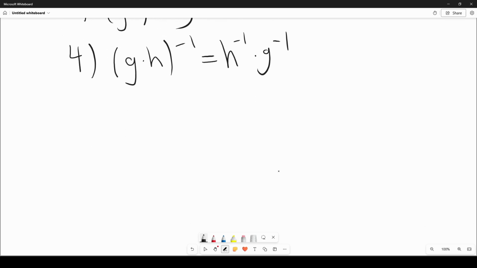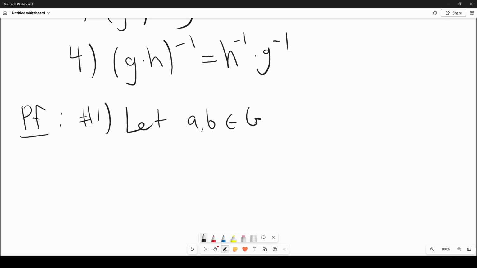Okay. Starting with, well, let's just say proof. Starting with number 1. To prove something is unique, it means it's the only one that exists. And if there's other ones that do exist, it's actually just equal to the first one. So let's assume that there are 2 identities. Let A and B in G be identities. And this just means when you multiply anything by it, you get the same thing. Okay, this implies